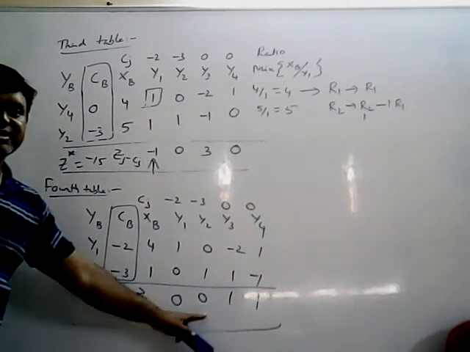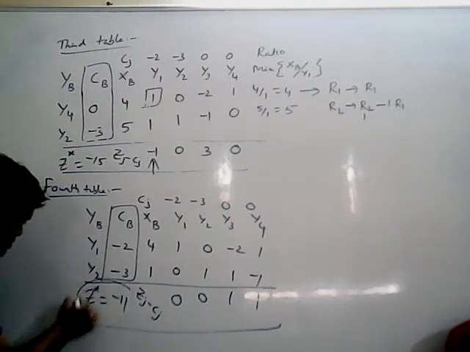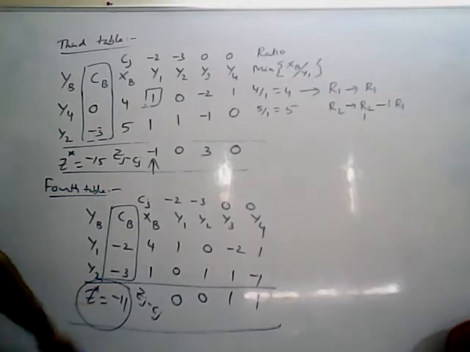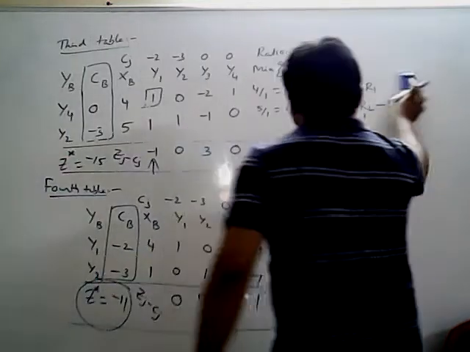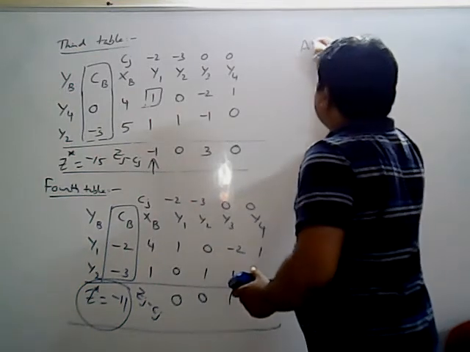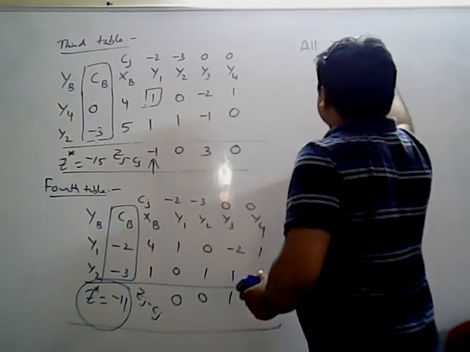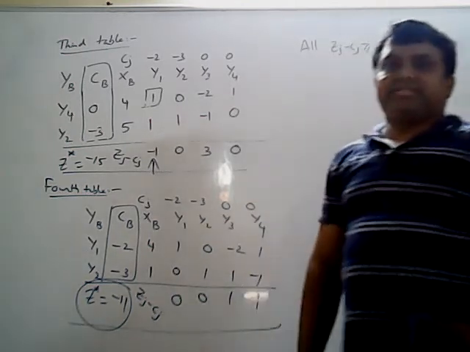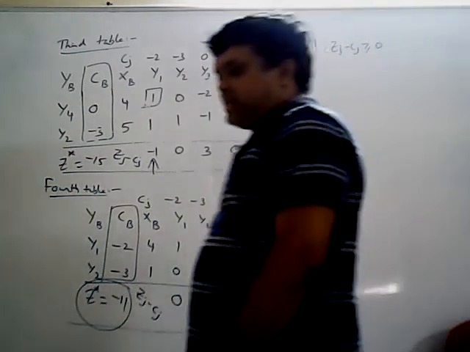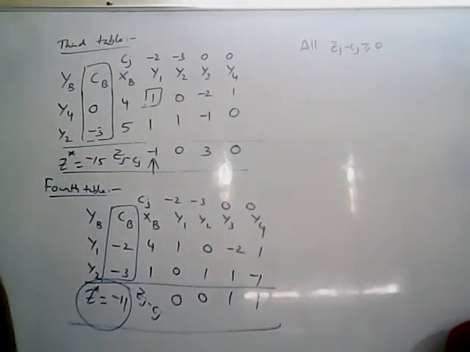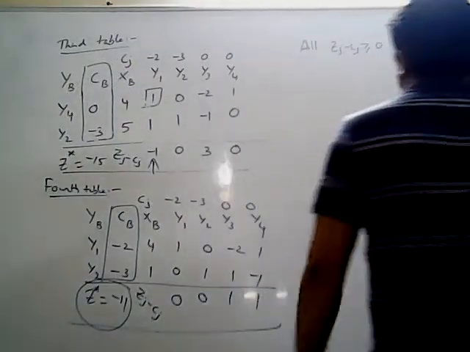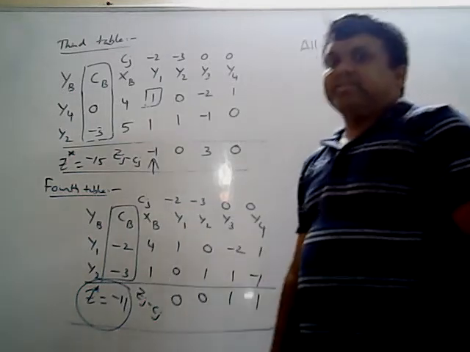You are getting all Zj minus Cj greater than equal to 0. Hence, solution is completed. What is your answer for this particular problem? For the particular problem, Z star value is 11. Okay. So here you can write. Therefore, all Zj minus Cj greater than equal to 0. Hence, we have reached the optimum solution, and the optimum value of z is given by,